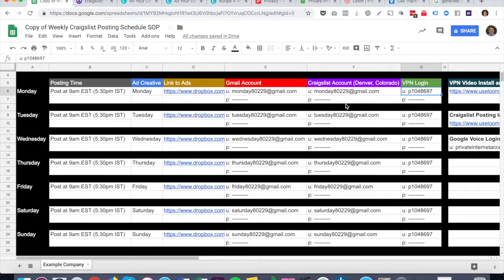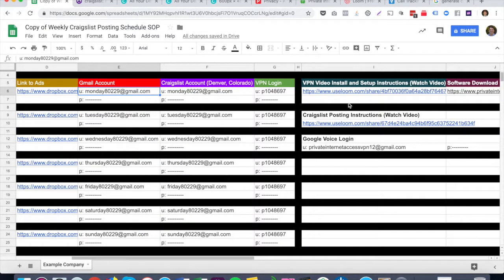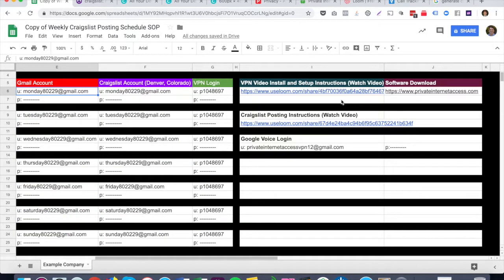Log into the VPN. Once they create a Craigslist post, they'll need to verify the listing in the email account. This way, you'll need that as well. So once you post,